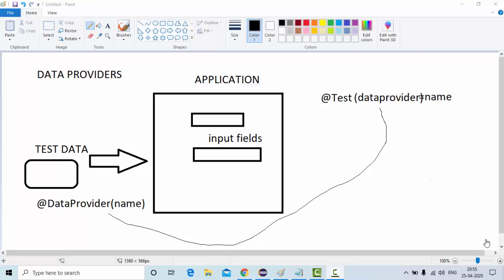So one of the very important features in TestNG is data providers. So here in this tutorial we'll learn how to use these data providers. So I have my application here. In this application, I have a test where I need to enter the data into the input fields. So how do I enter this data? Using data providers in TestNG, we can enter the data dynamically